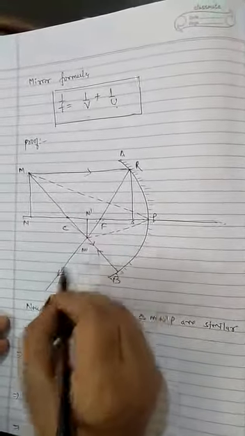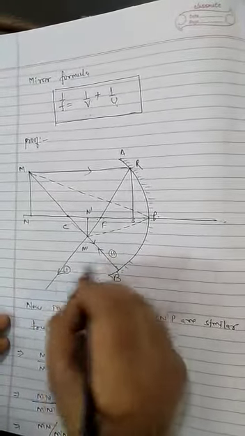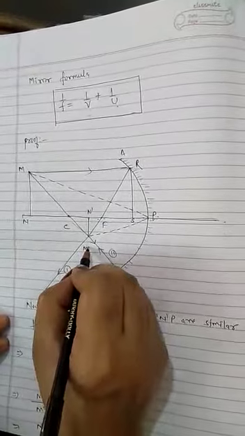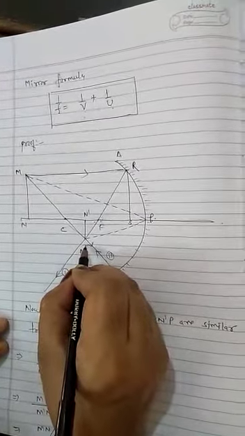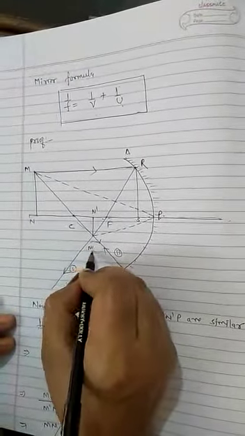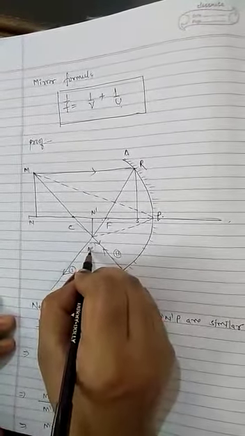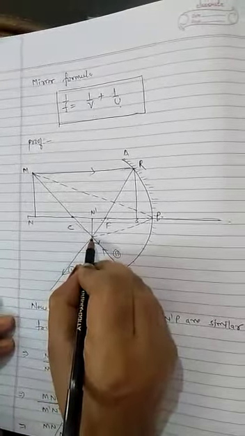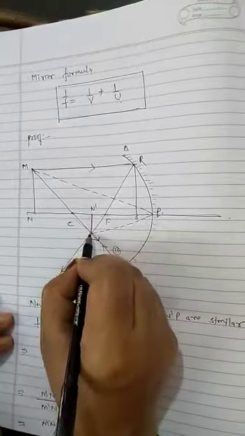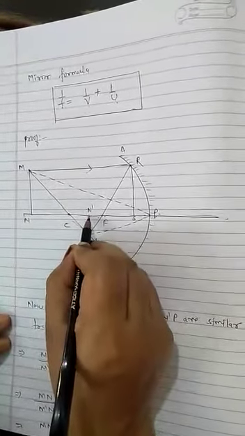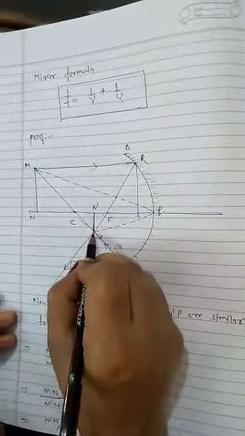So here the first reflected ray and the second reflected ray intersect each other at the point M dash. So this point is known as the image. The image point means the intersection of two reflected rays. For the size of the image we have to draw a perpendicular line on the principal axis like this. So M dash N dash is your inverted and real image which is formed in front of the mirror.